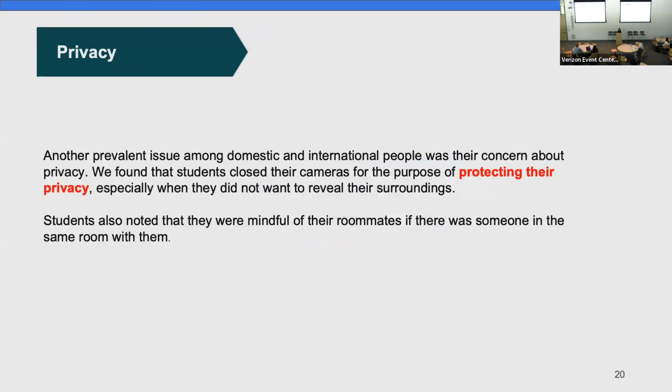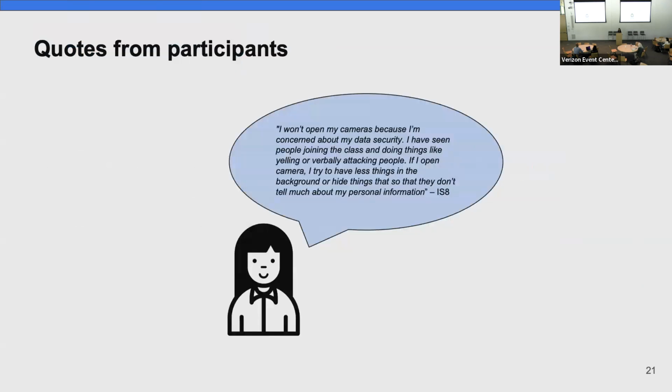And the third theme is about privacy. We noticed that some students were likely to close their cameras because they are afraid that their privacy might be leaked by opening their cameras, and they want to protect their privacy. This student mentioned that I won't open my camera because I'm concerned about my data security, because this student has seen people joining the class and yelling or verbally attacking people. So he thought that if he opened his camera, his privacy might